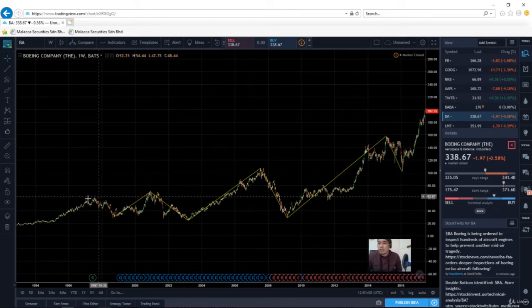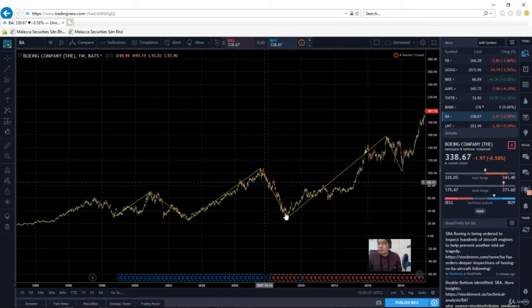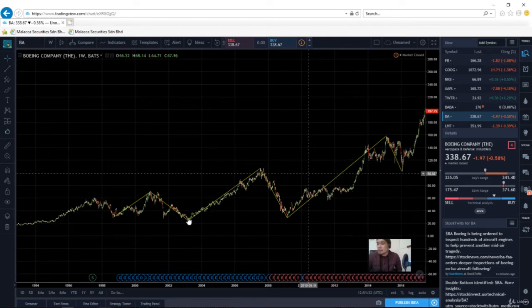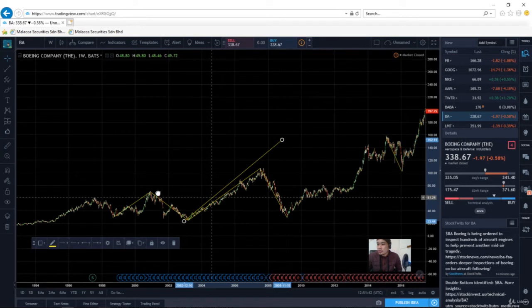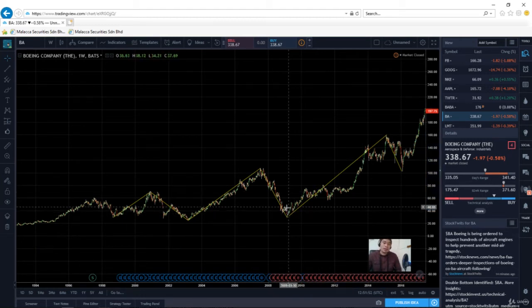For example, take this one. This is actually a sideways movement, both of these, and it begins its uptrend movement from here, where it's making higher highs and higher lows. As we compare this line and this line, this is the longest line, and this indicates that the buyer becomes more aggressive,